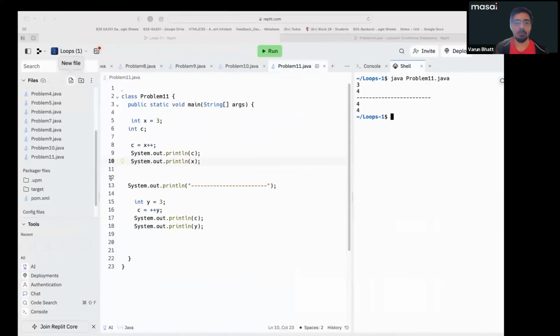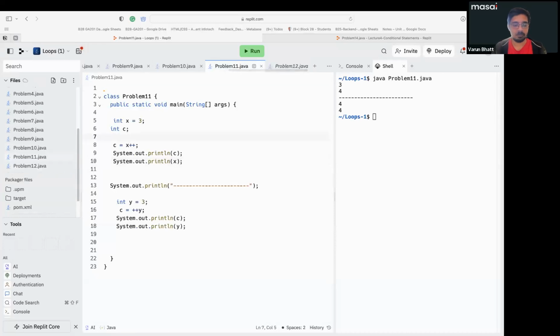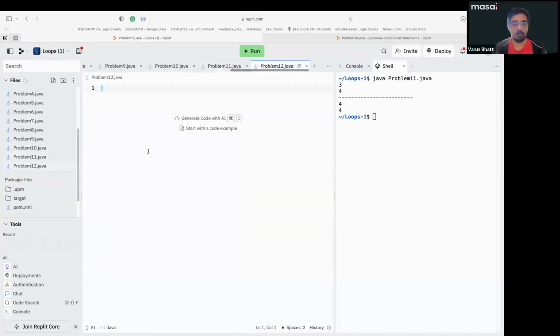Now I just want to tell you why basically you are learning loop. Now remember one thing, कि suppose if I want to execute a code, if I want to execute a code,